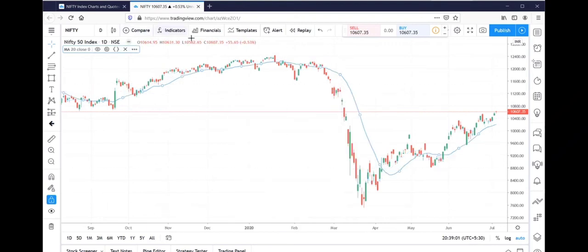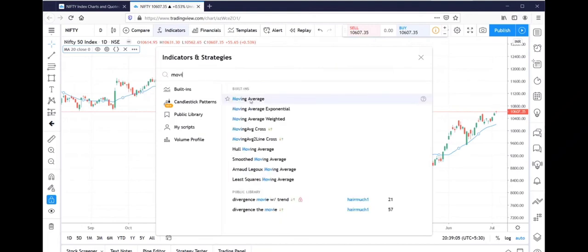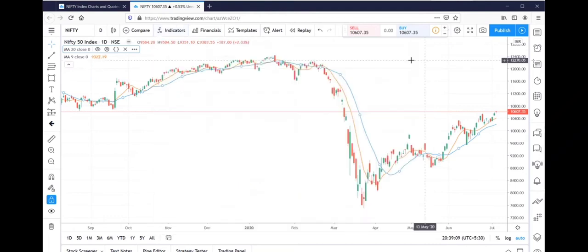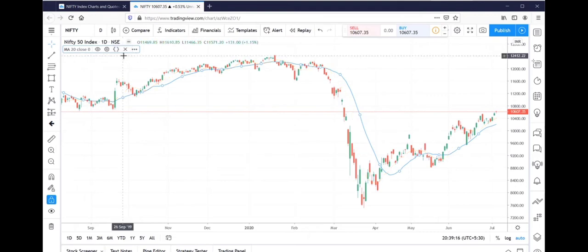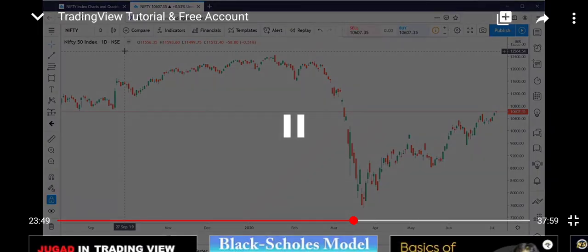You can go back to indicators, type in moving average, and there you go. You'll have another moving average. Now you can change the settings as well here, right? Now in case you're on a free plan, then it may allow you only 3 to 4 indicators in one go. If you're on a pro plan, then it'll allow